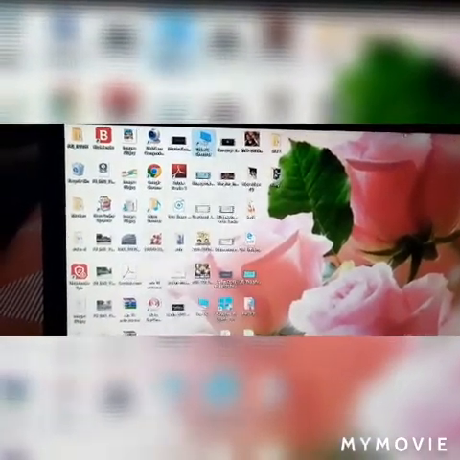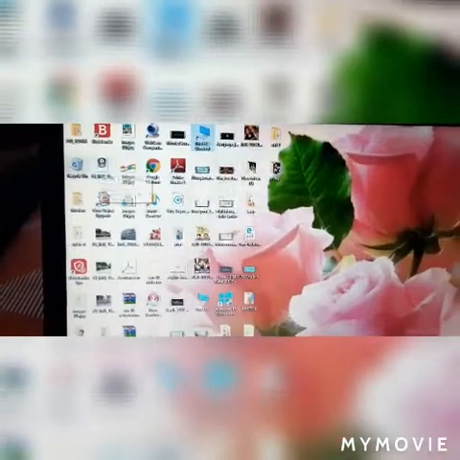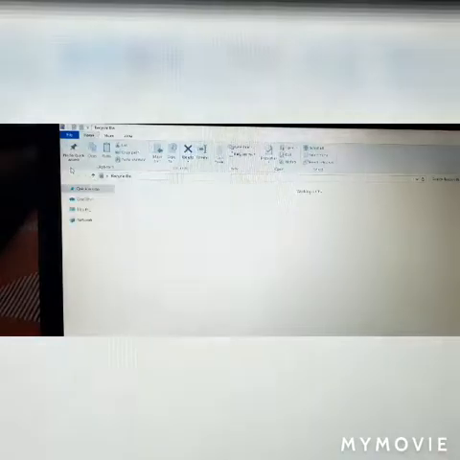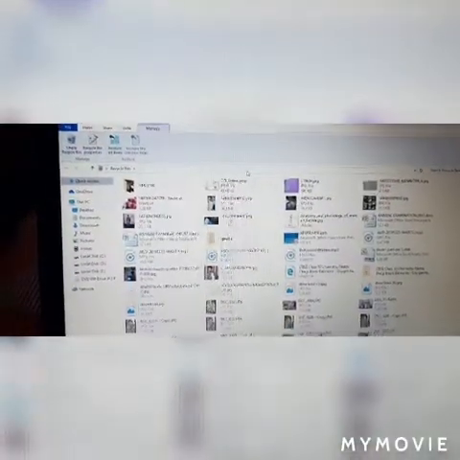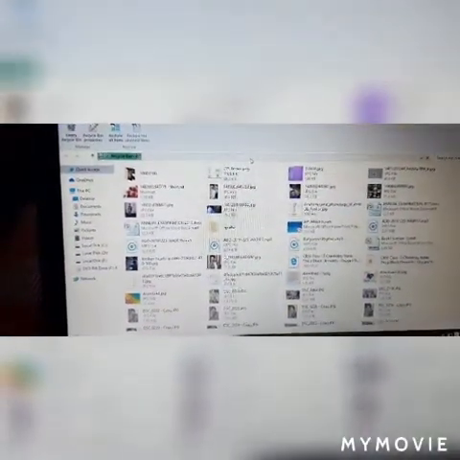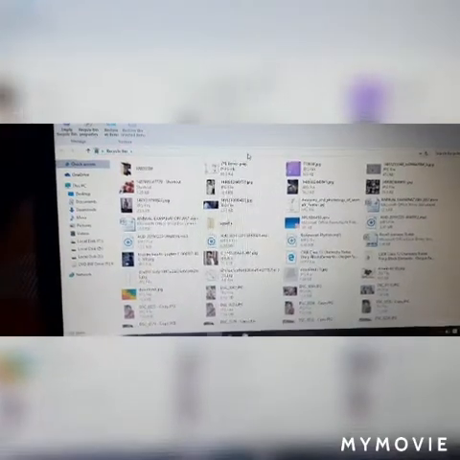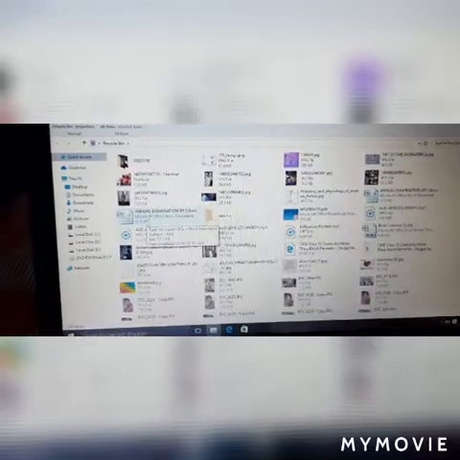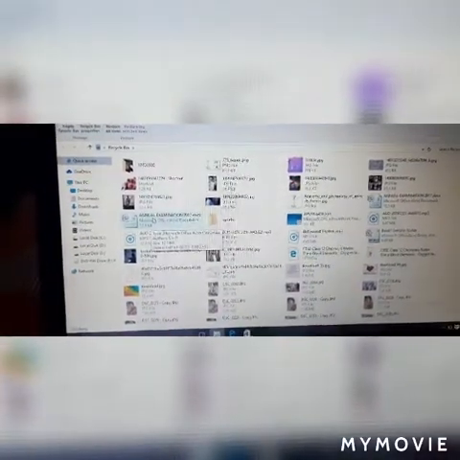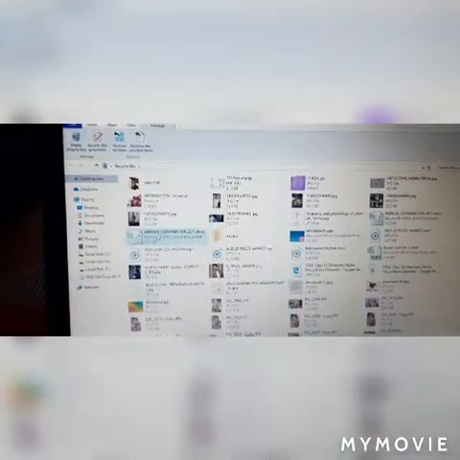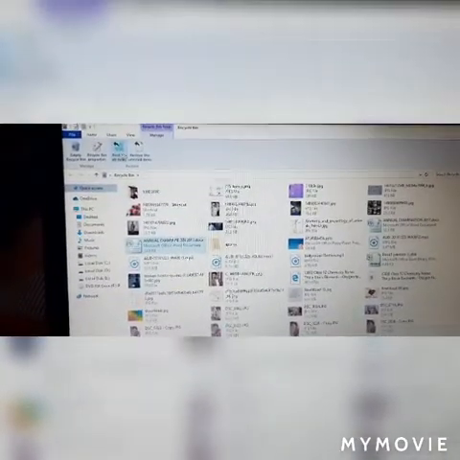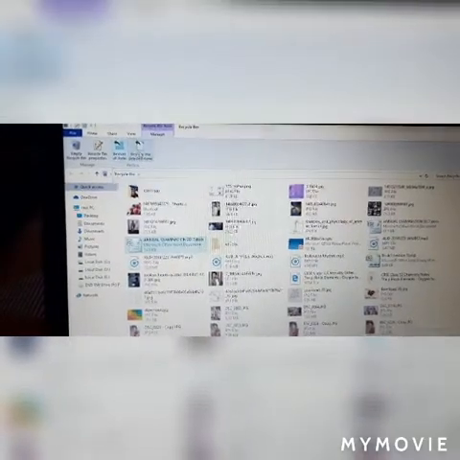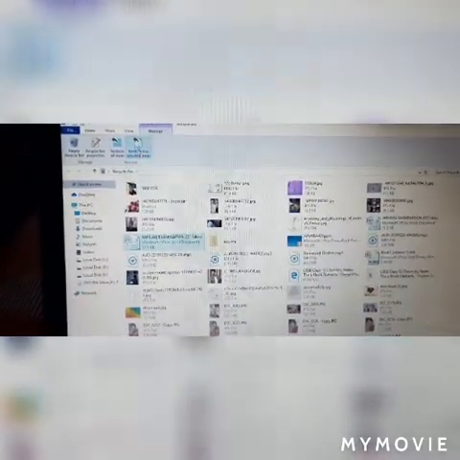So how do you restore? We have to move to the Recycle Bin option present on the desktop. Double tap to open it. After that you could see various types of files that have been deleted are stored over here. The last one we deleted is Annual Exam 2017. So now click on that. After that you can see over here in the Manage tab, it's written, Restore the selected item. So click on that and it will be restored.